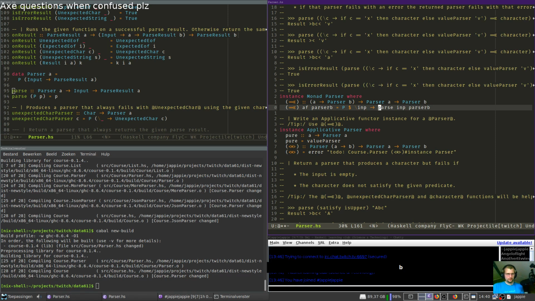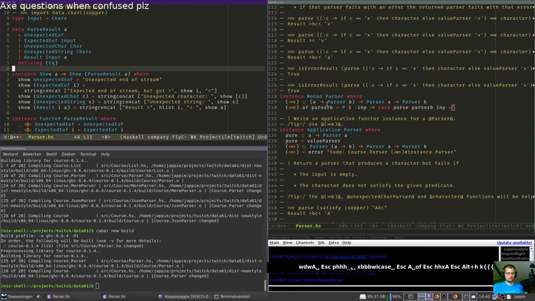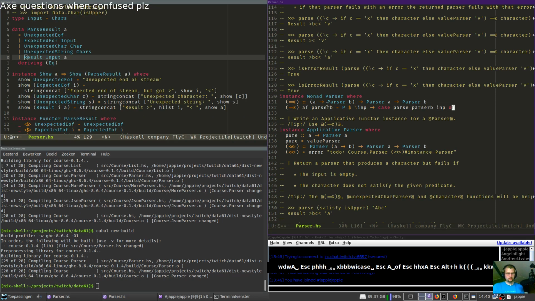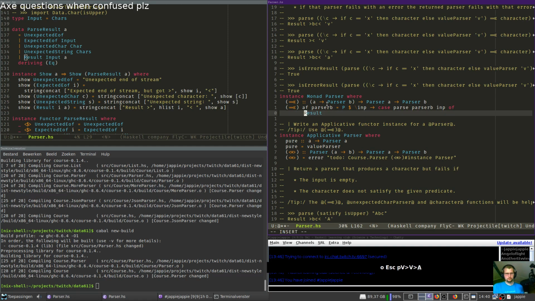So we get an input here, get a parse result out. We can just pattern match on this. Essentially the result, right? The result doesn't care about the input, just the output, and puts it in parser B. Or AF.